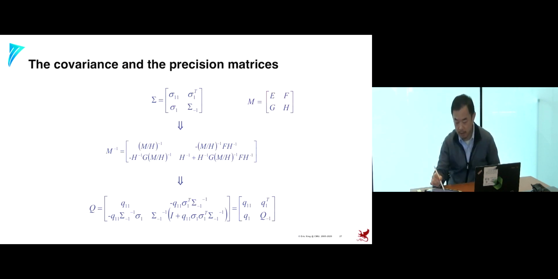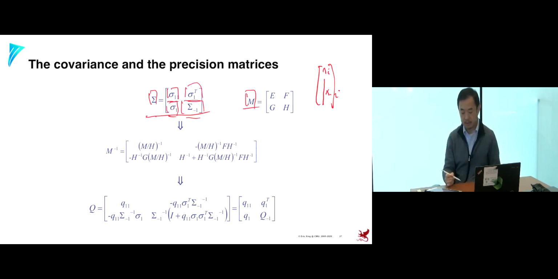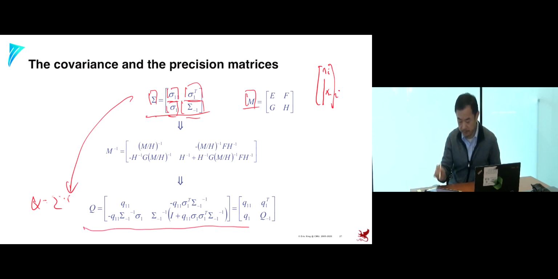Okay, so now let's go back again to look at our multivariate Gaussian distribution. Here is the covariance matrix of the Gaussian, and it corresponds to this kind of general expression of the component matrices. And if we divide our random variables in such a way that we only worry about one of the variables, x_i, and also all the rest of the random variables, x_{-i}, then we want to define the partition of the original covariance matrix in this way. The first element is just a single scalar, and then here you have an n-1 dimensional submatrix, an n-1 dimensional vector and an n-1 dimensional vector, right? And then using the matrix inversion lemma,